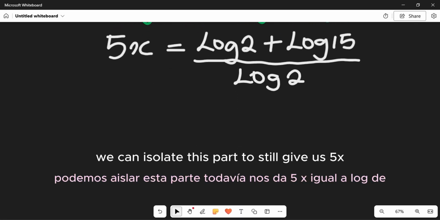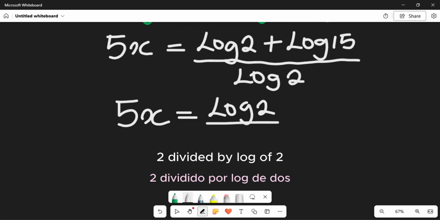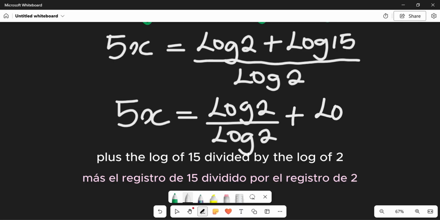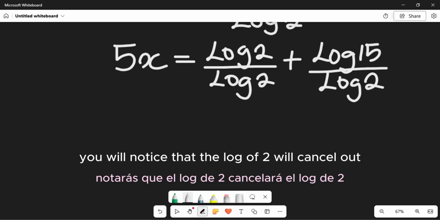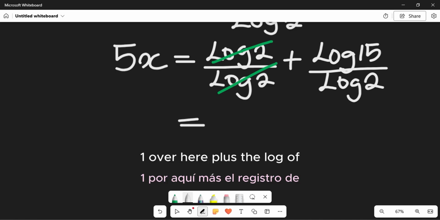So at this point, we can isolate these parts to still give us 5x equal to log of 2 divided by the log of 2, and this time around is going to be plus the log of 15 divided by the log of 2. So from here, you will notice that the log of 2 will cancel out the log of 2, and we'll be left with what? 1 over here plus the log of